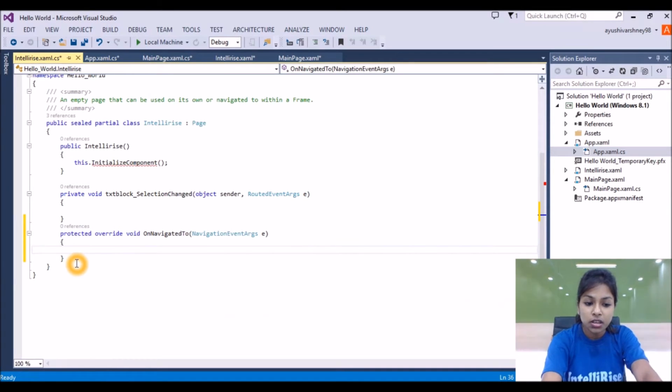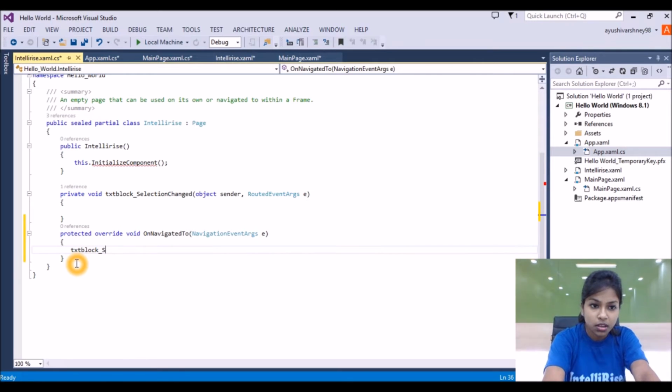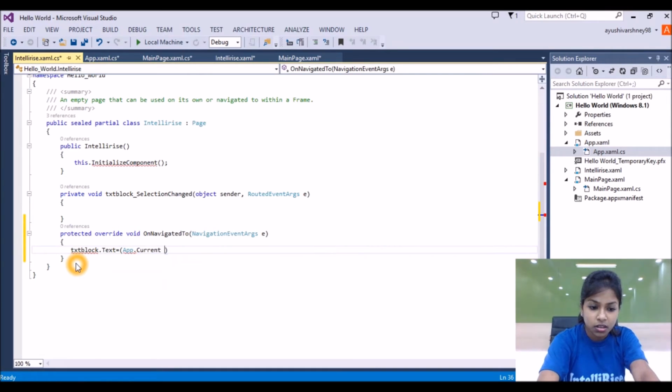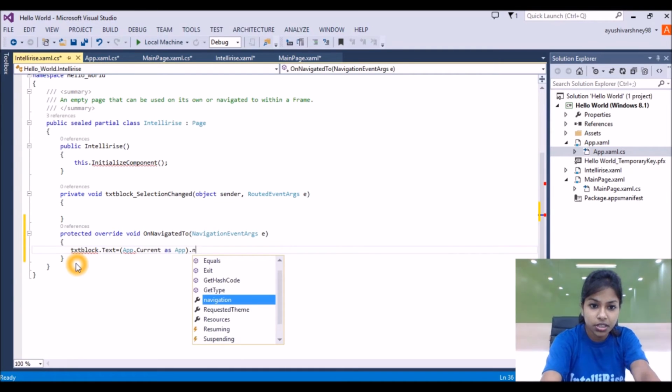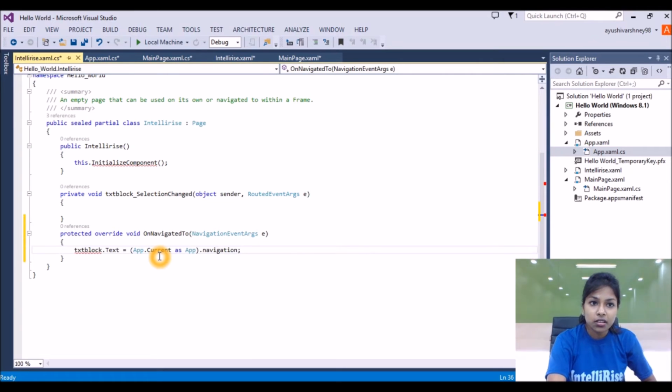So we'll write the name of our text block dot Text, and it will store that string text, (App.Current as App).Navigation. So this is how we can navigate the data.